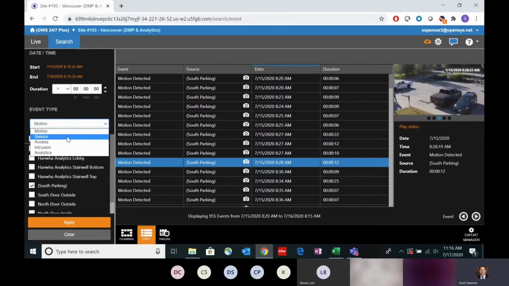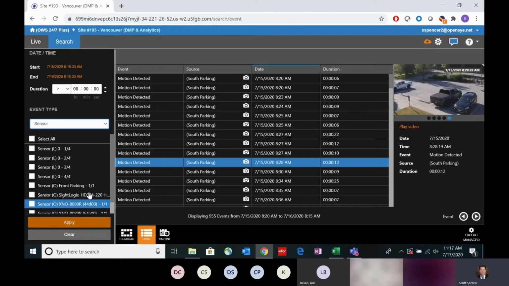Another thing you can do here is sensor events. This could come in handy. We've used this a lot in manufacturing, where we can make connections now to machinery. So let's say you have a piece of machinery that goes down, or if it goes down for a certain amount of time, you have a dollar figure associated with the loss of that machine being down, things like that. Whenever we can pick up a dry contact or something turning on or off, whether it's a light or a machine or a gate opening or closing, there's a ton of things that we've used this for. I'm not 100% sure what you guys could use this for, but just so you know,